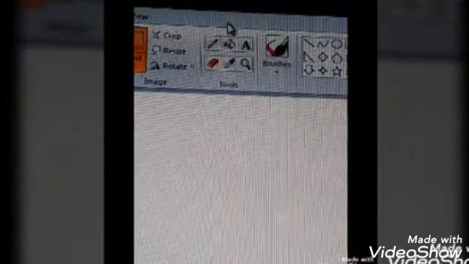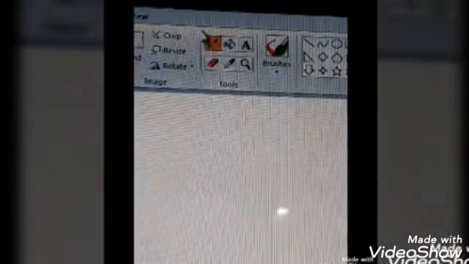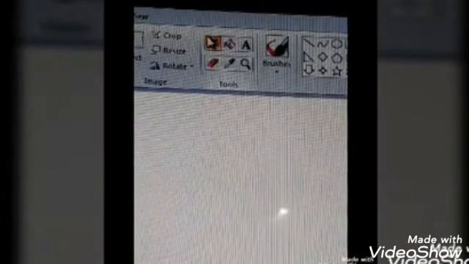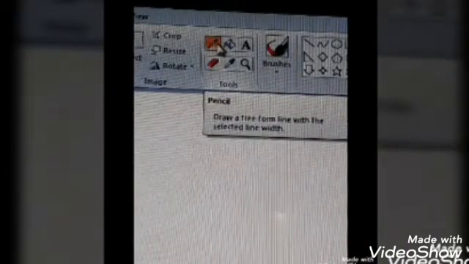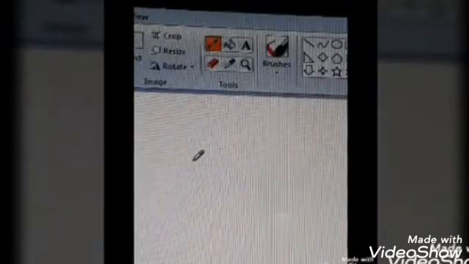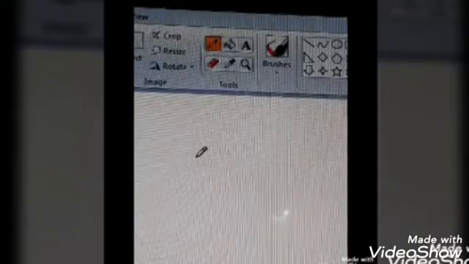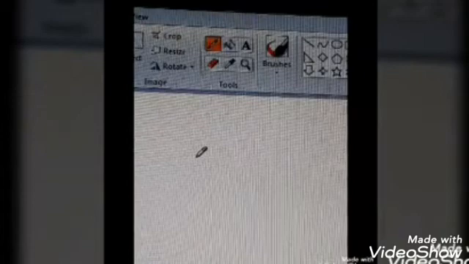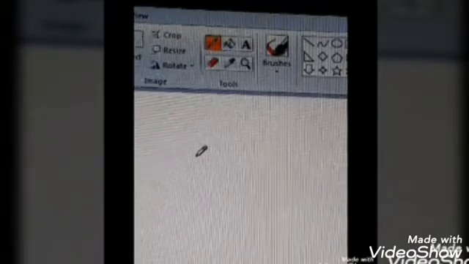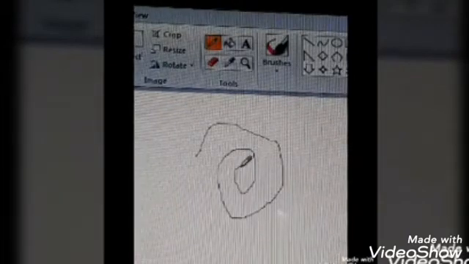First you have to click on that tool. When you click, it turns orange. You can see, children? Yes, this shows that it is selected. Now you bring that pencil. See, the cursor is also changed here. Once you bring it into the drawing area, as I have told you, this white part is the drawing area. Here you have to click and move your mouse to make a particular drawing.